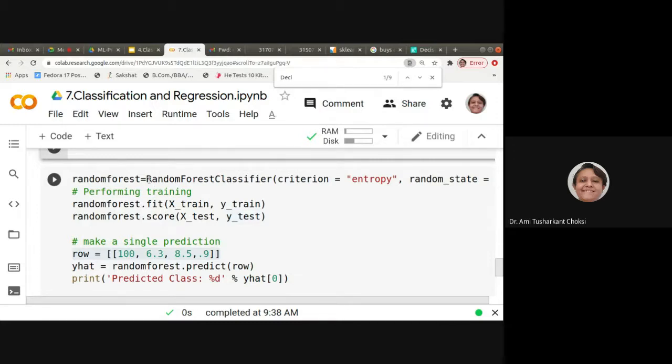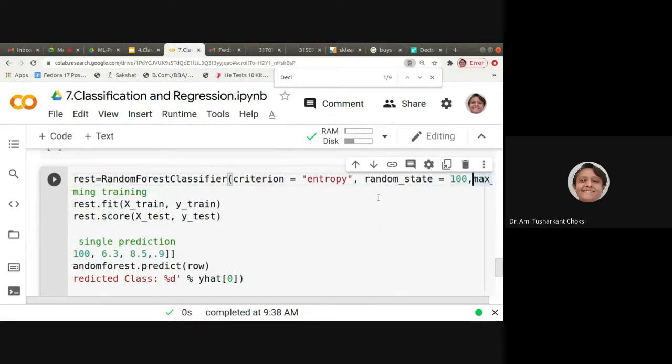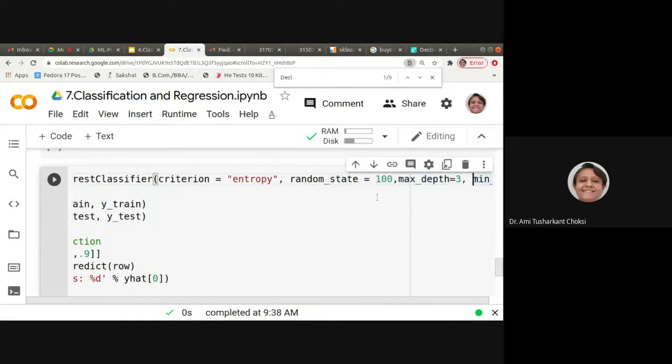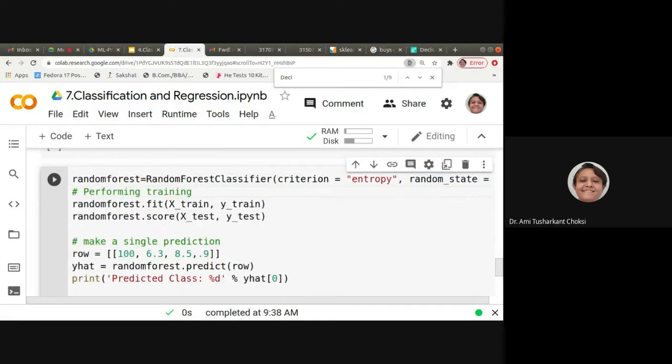After that, we have the random forest classifier. For that, we specify criterion equal to entropy, random state equal to 100, maximum depth equal to 3, minimum samples leaf equal to 5. Now we do random forest dot fit, with which we train the model.